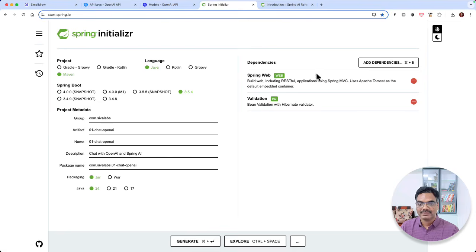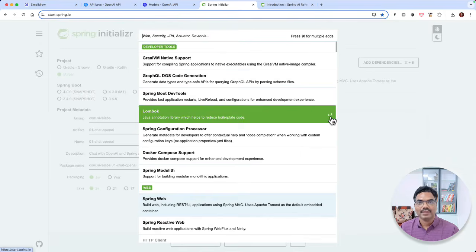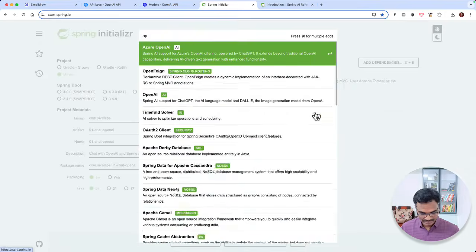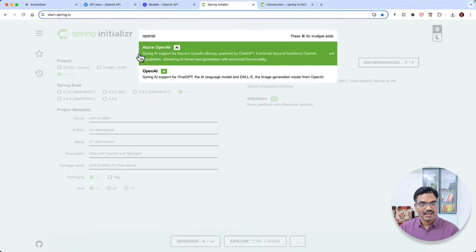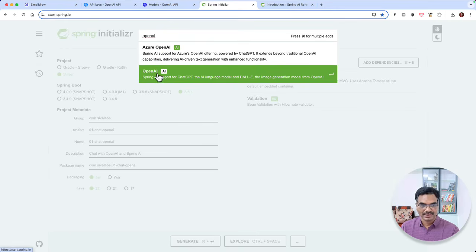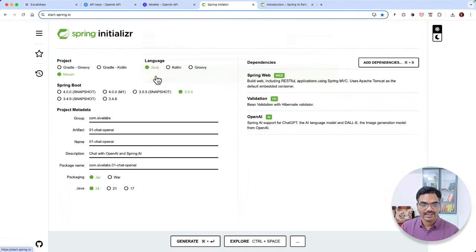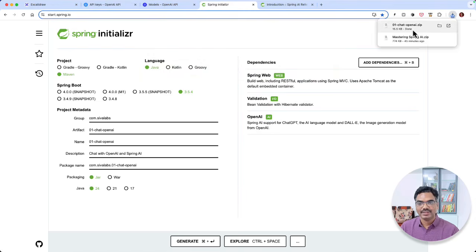And here as starters, I have selected web and validation. These are typical for REST APIs and for bean validations. Now we are going to talk to OpenAI, right? So let's check for OpenAI. There are Azure OpenAI and just OpenAI. So I'm going to select OpenAI, and we can generate the application and unzip it